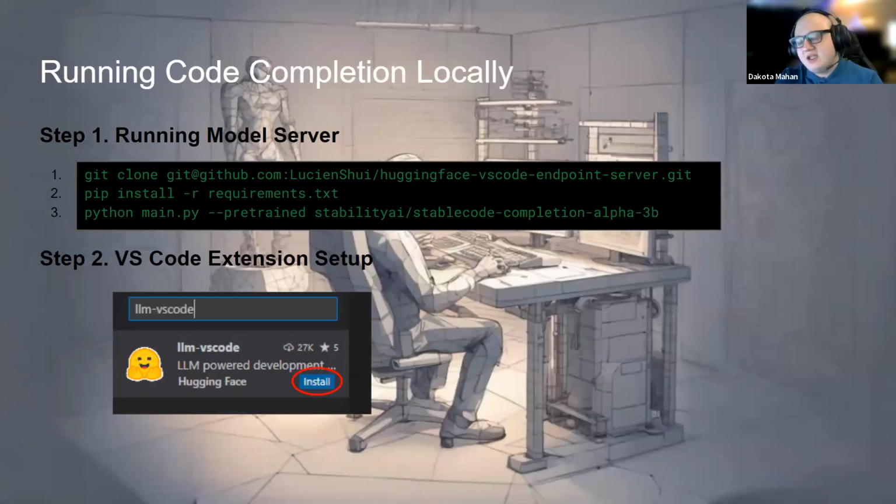Yeah, I wanted to get a quick demo here about running code completions locally. And so here's some stuff you can do. Go to this GitHub page, clone it, install the requirements, and then run the function here to start it up. And there's a VS Code extension here, LLM VS Code.